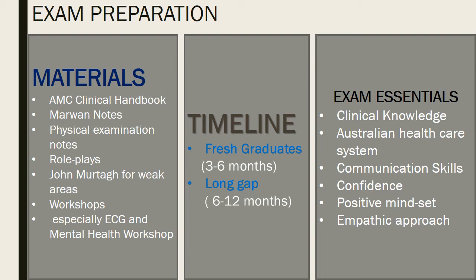Australian healthcare system knowledge is also very important to understand when you will be doing the urgent specialist referral, when you will be doing a normal specialist referral, when you will be immediately transferring the patient to a hospital, when will you consider air transfer or air ambulance. So these things are also very important. The clinical knowledge, number one. Second is the knowledge about the Australian healthcare system. Number three is your communication skills.